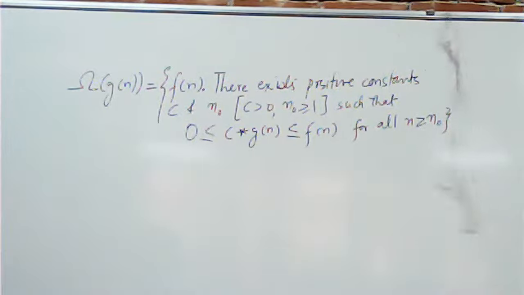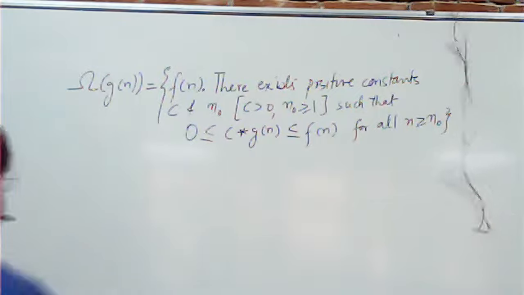So this is the definition. Omega notation is a lower bound. Again we have two positive constants, C greater than 0 and n naught greater than or equal to 1, such that 0 is less than or equal to C into Gn, less than or equal to Fn. And the graph is